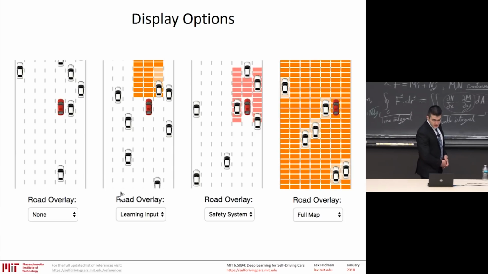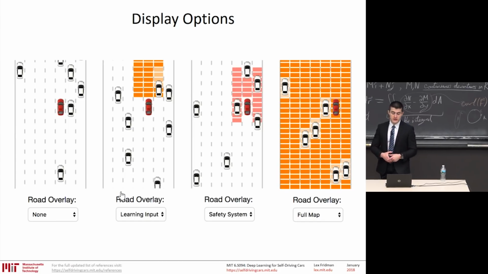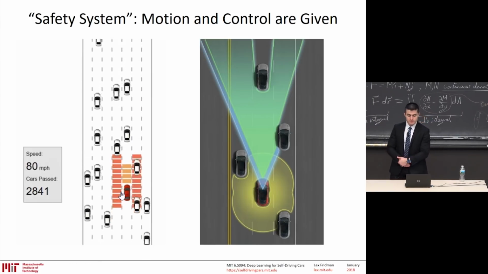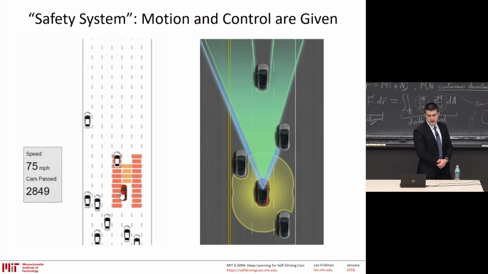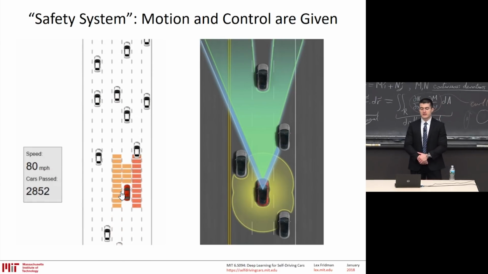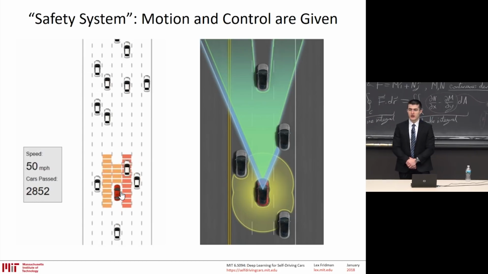Then there is the safety system, which I'll describe in a little bit, which is all the parts of the road the car is not allowed to go into because it would result in a collision, and that with JavaScript would be very difficult to animate. And the full map. Here's the safety system. You could think of this system as ACC, basic radar, ultrasonic sensors, helping you avoid the obvious collisions